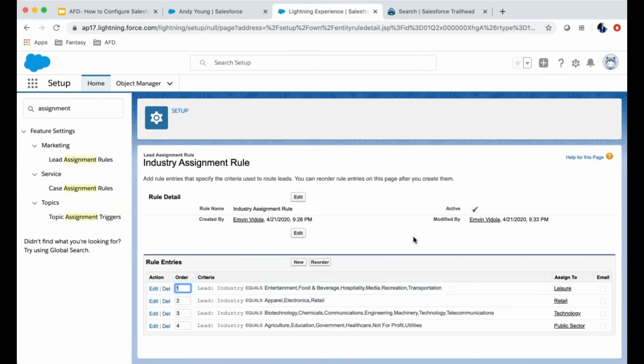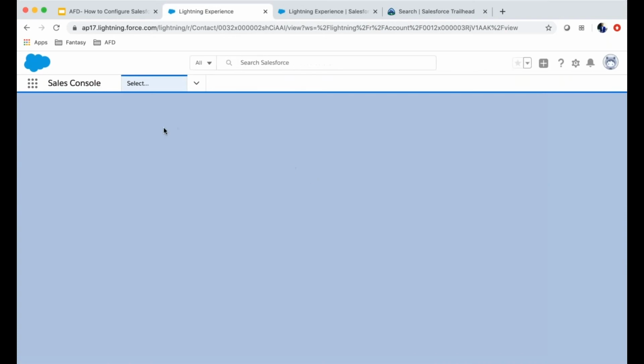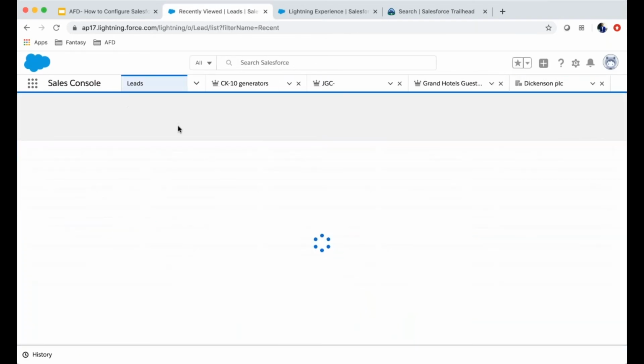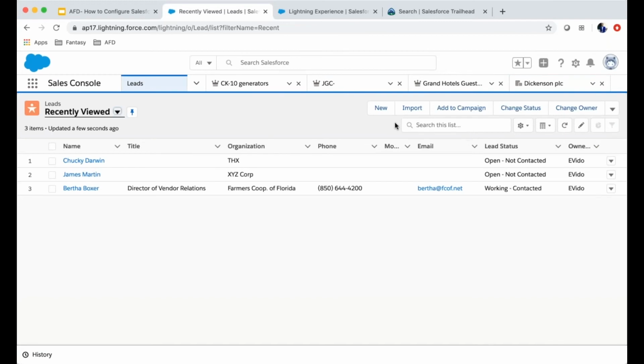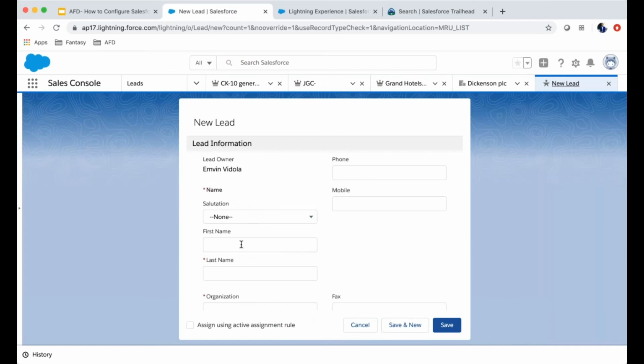So now we have an active assignment rule wherein, based on the industry created for each of the leads, it would be assigned to particular queues. All right. So how does this work? Let's go to our sales console. Let me just refresh. If we go to leads and then you create a new one,